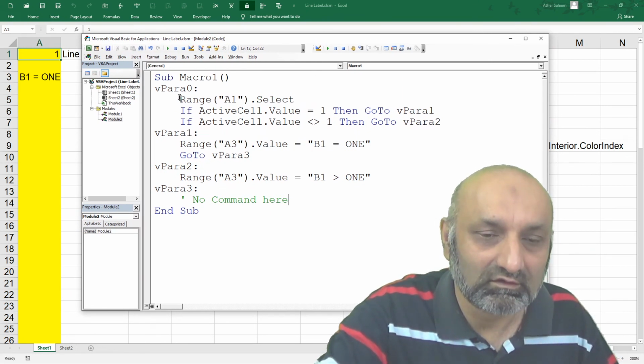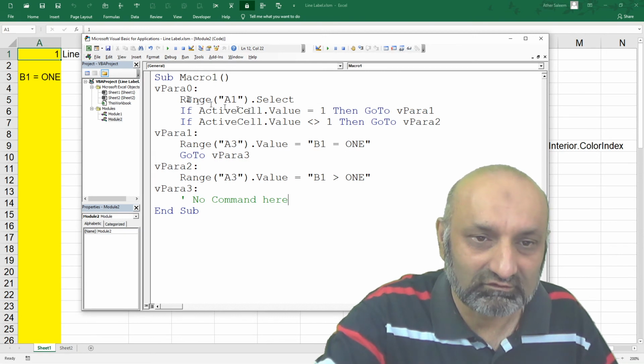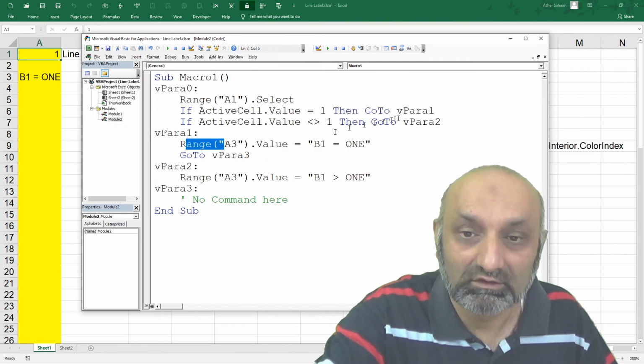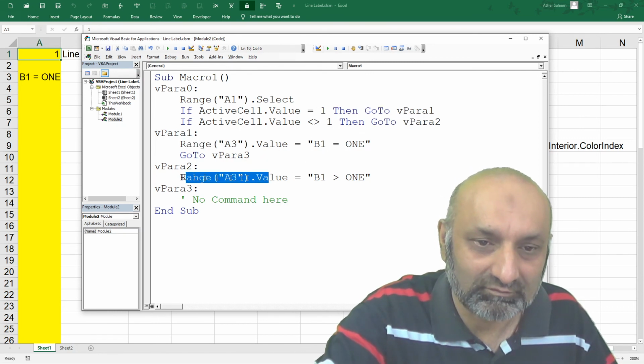This is Range A1.Select, para0 Range A1, then go to para1. This is para1. Go to para2. This is para2.